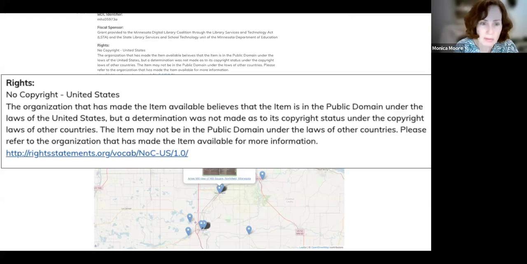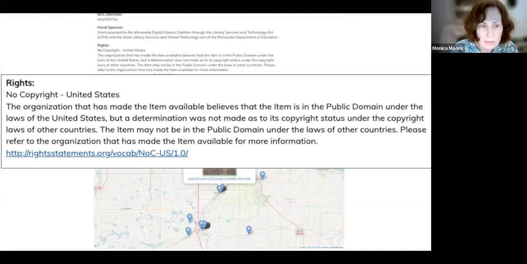So this is also a little bit of an opportunity for them, as I was saying before, for someone who is a user or researcher to know a little bit more of the nuance that sometimes comes along with copyright questions. But it's easy to read. It's not in any kind of jargon. You don't need to be a lawyer. So again, it extends the communication opportunities and the educational possibilities by the application of these rights statements to an object. And then right here at the bottom of this, you can actually see a link that would link you out to more of a machine readable version of what this text is telling you.